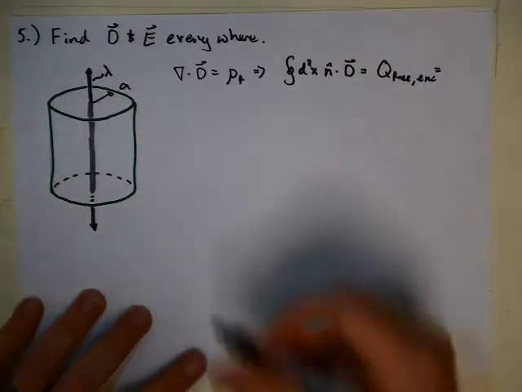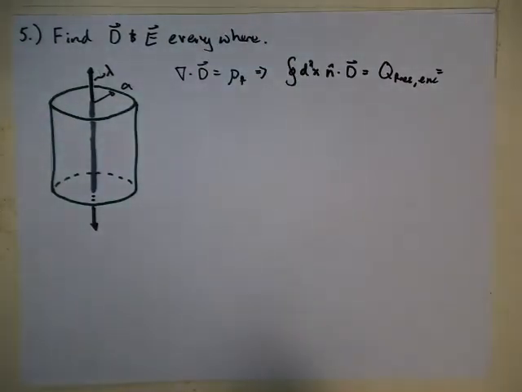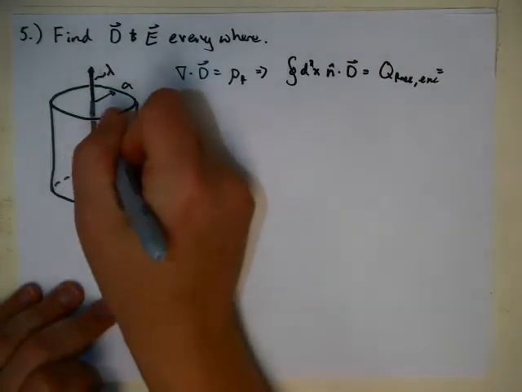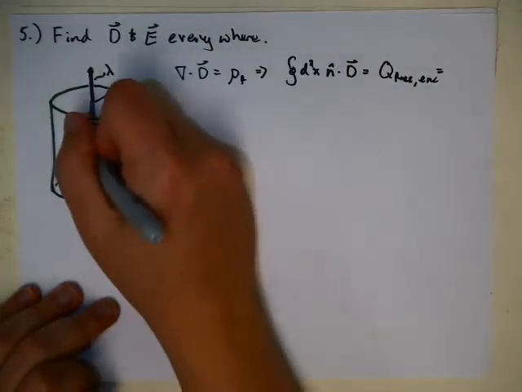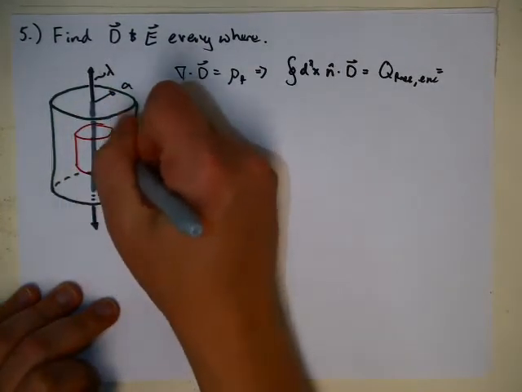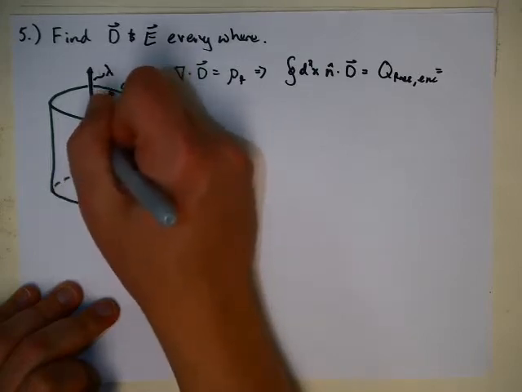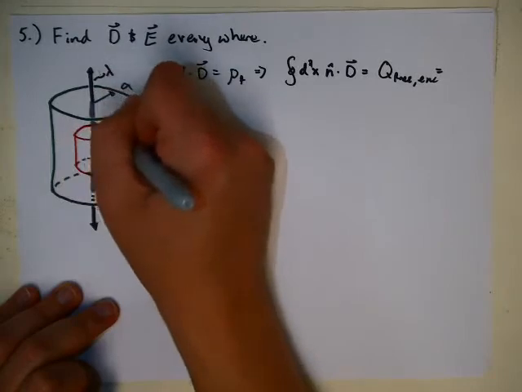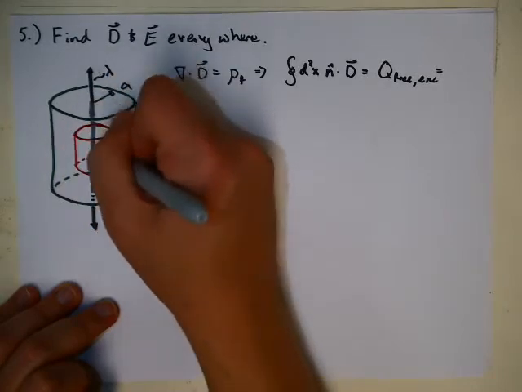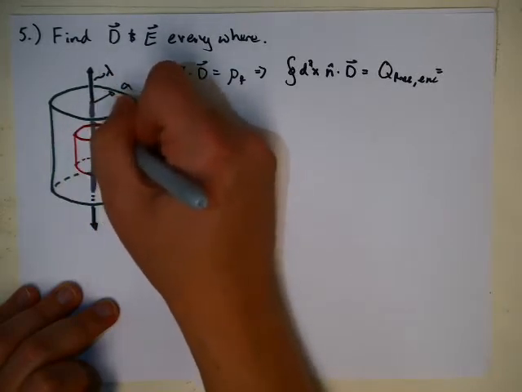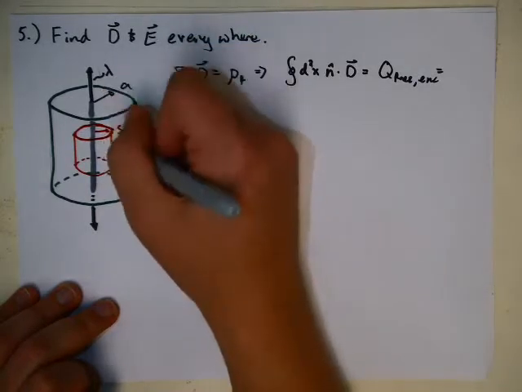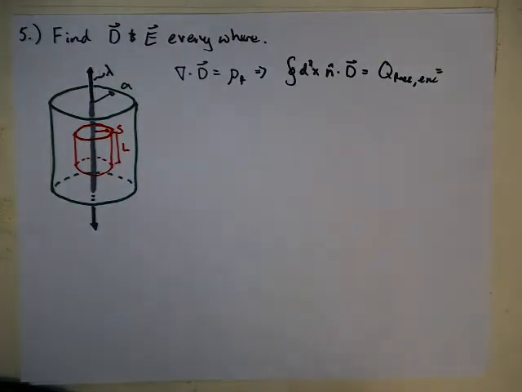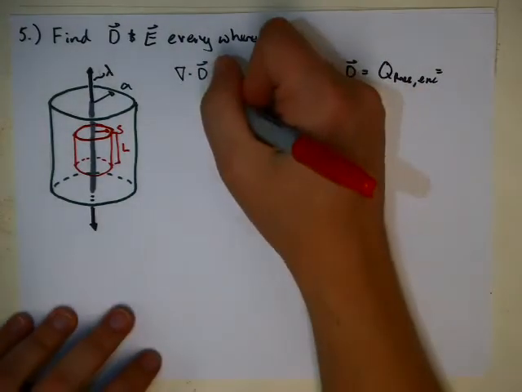Now, for the Q free enclosed, first we have to draw our Gaussian surface. Our Gaussian surface will be a cylinder that surrounds this line charge symmetrically. It will have a radius s and it will have a height L. Now by symmetry we are going to say